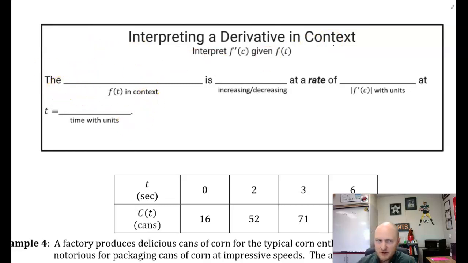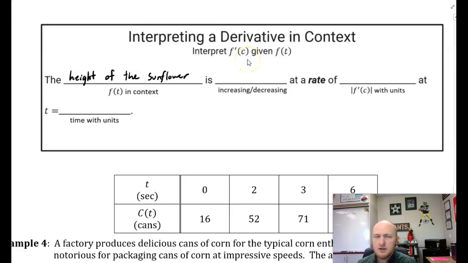So they say here the blank. So what's f of t in context? Or what were we talking about in example 1? Well, that was the height of the sunflower. So the height of the sunflower